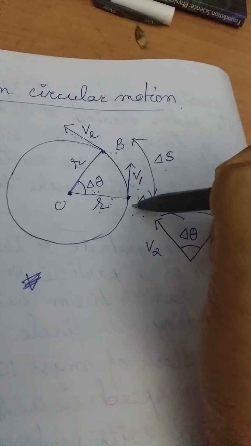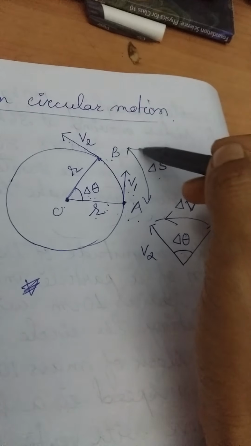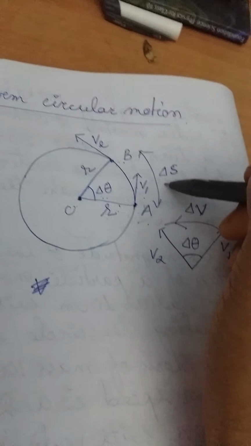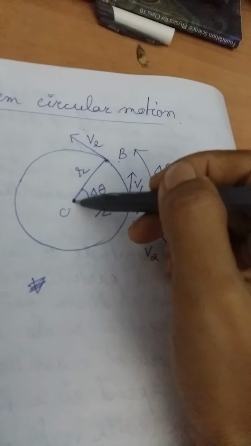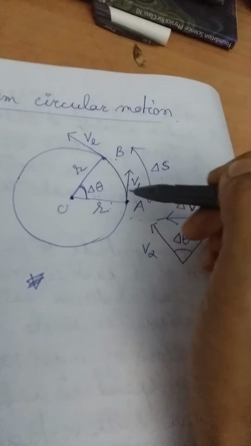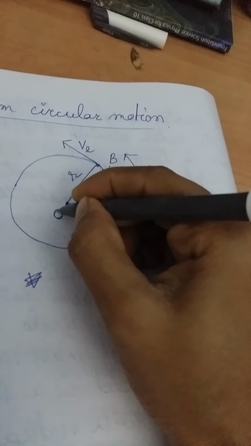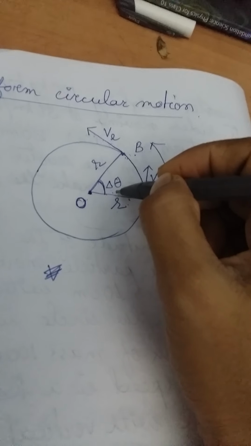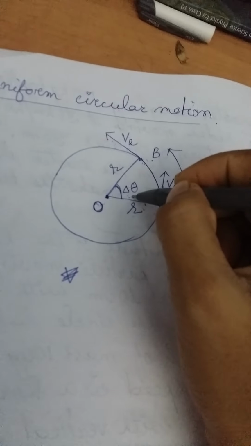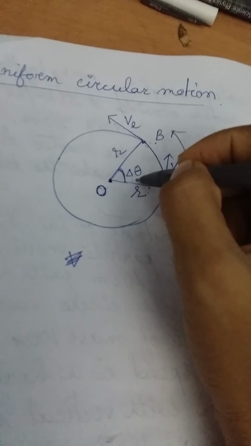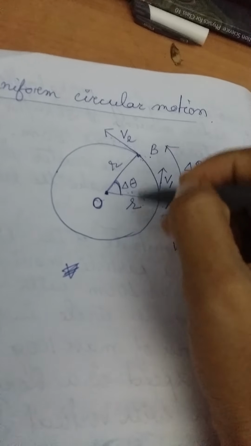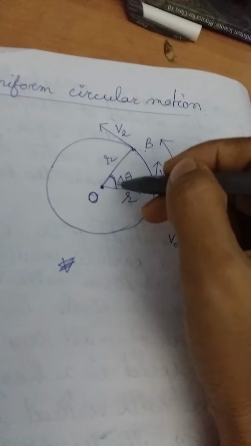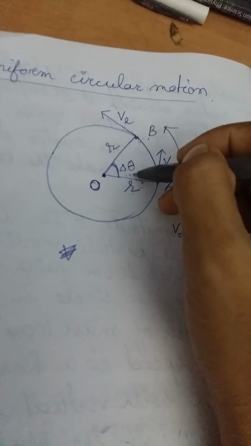Then when it goes from the position A to B, this particular displacement is your linear displacement, which is represented by del S. And these two positions make a particular angle with the center of this circular path. This angle is known as angular displacement. It means the angle swept out by the radius vector. So these are the two radii, and in between these two radii, one angle is present, which is your angular displacement.